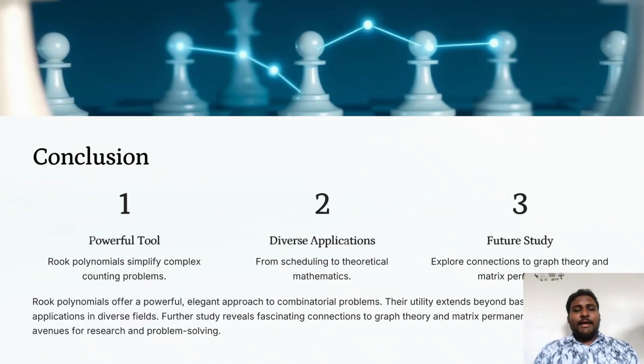Coming to the conclusion, there are 3 points we are going to discuss here. The first point, the powerful tool: the rook polynomial simplifies complex counting problems. The second, diverse applications in theoretical mathematics. And the third, future studies, exploring the connection of graph theory and matrix permanents. The rook polynomial offers a powerful